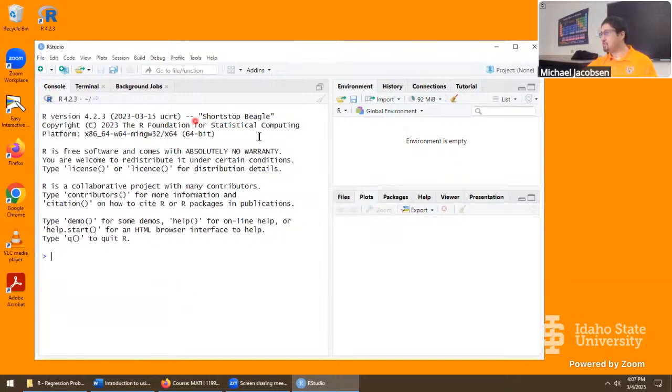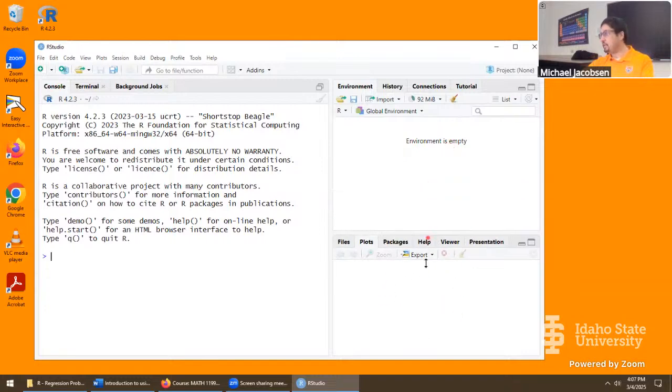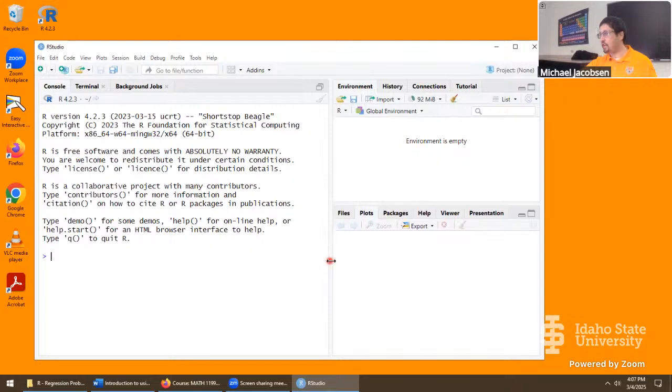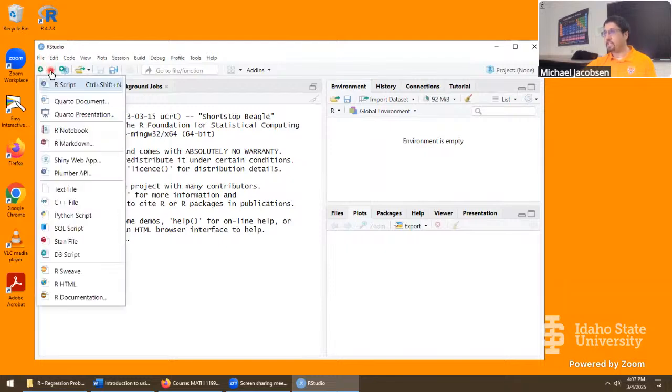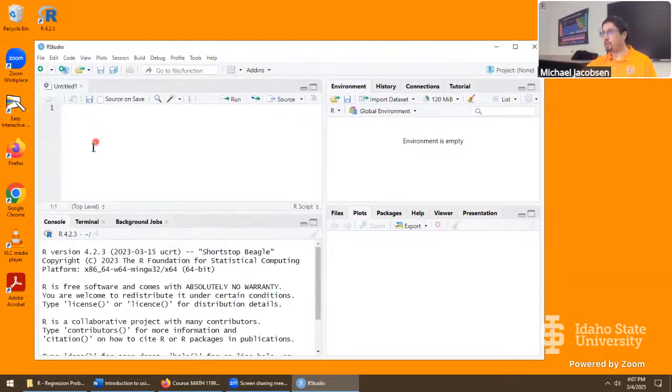All you've got is a console, some empty environment here on the right, nothing down below. You can resize these things as necessary, left, right, up, down, and so on. But probably the very first thing you want to do is click on this icon right here. The shortcut is Control-Shift-N. Open up the R script, and this is a big fundamental way we're going to be